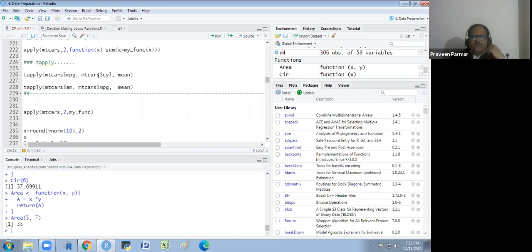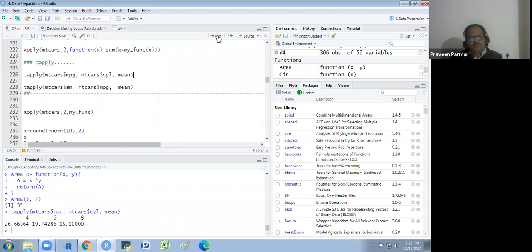I could find the mean through the mean formula, but I want all the categories separately. So I will apply the tapply function. The first argument is the continuous variable, second is the categorical variable, and the third one is the function.